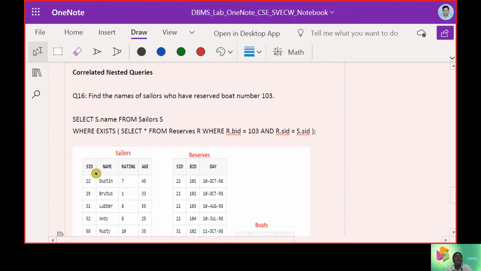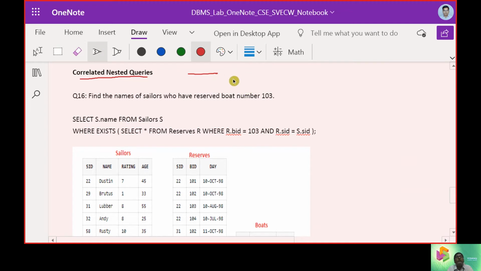After nested query, let us take up the concept called correlated nested queries. It is going to be a relationship through a table name.